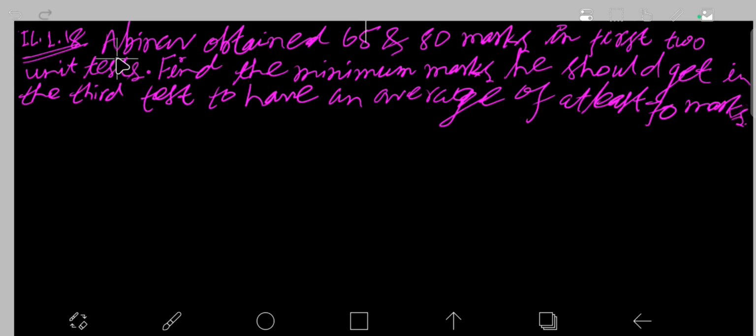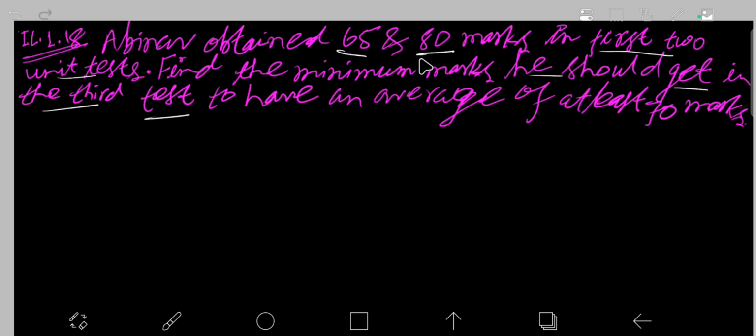Here the question asked, 1.18. Abhinav obtained 65 marks and 80 marks in the first 2 unit tests. Find the minimum marks he should get in the third test